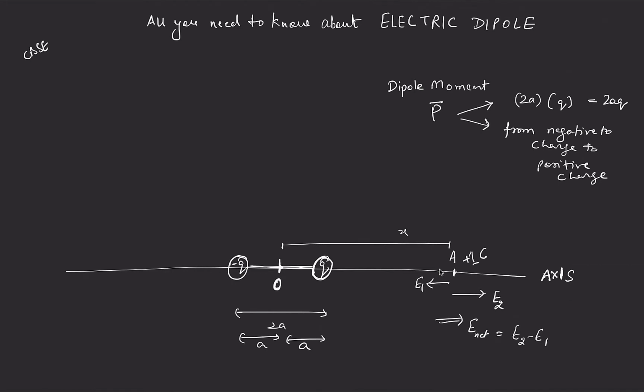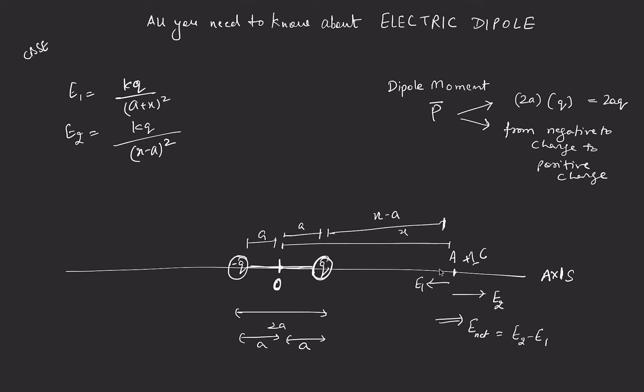So E1 is equal to kq by, so this distance is a, kq by (a plus x) square, and E2 is kq by, so basically you have to subtract a from x, (x minus a) square, so you have to subtract this length to get the distance from here to here, which is x minus a. So now we calculate E2 minus E1, which is, let's take kq common, 1 upon (x minus a) square minus 1 upon (x plus a) square,